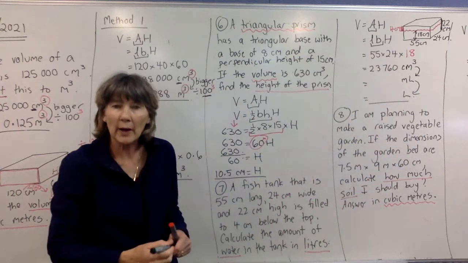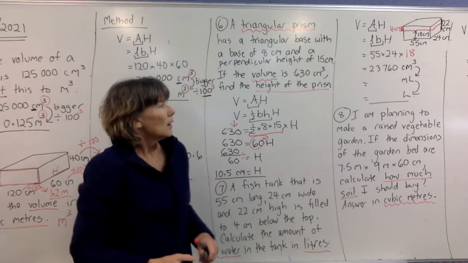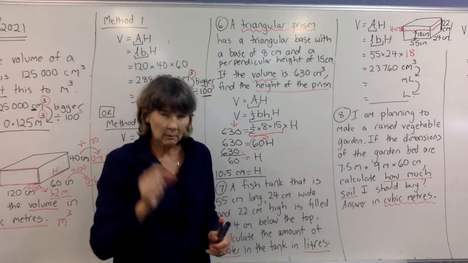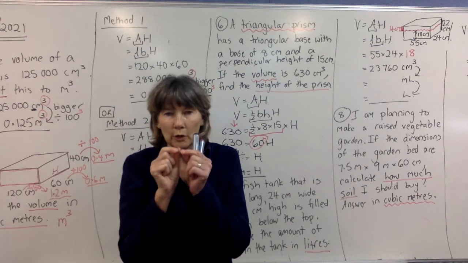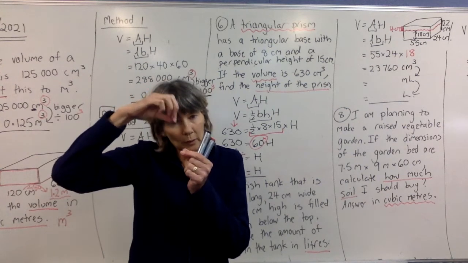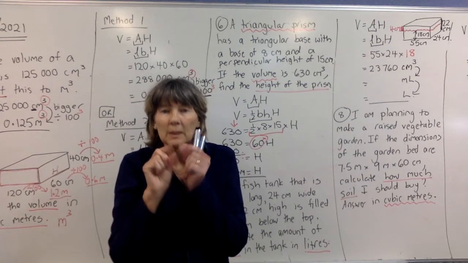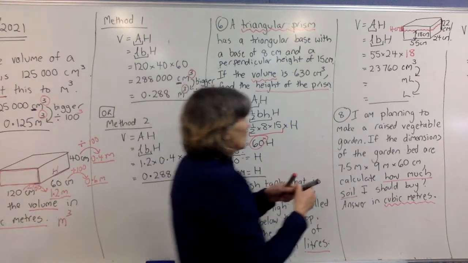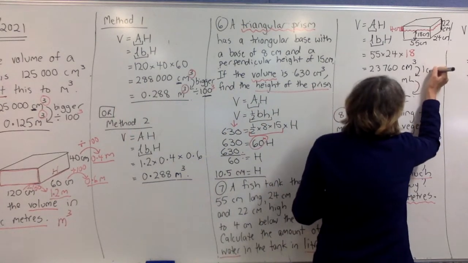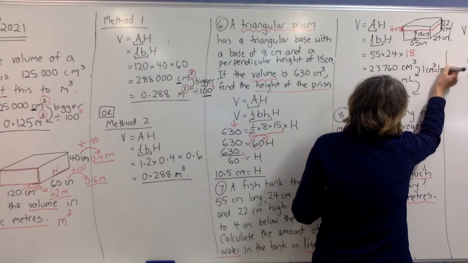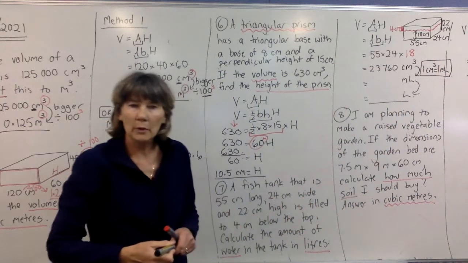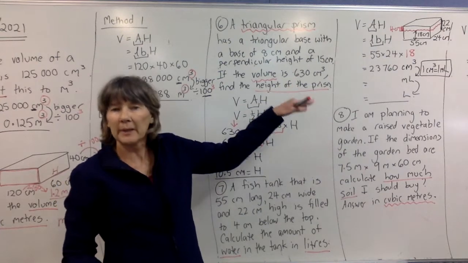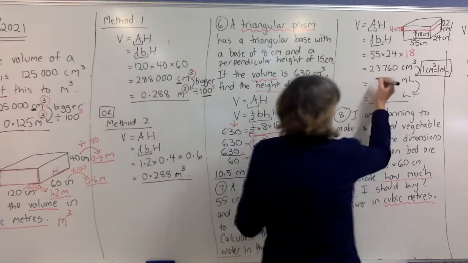So you need to know how to do these conversions. 1 centimetre cubed is 1 centimetre by 1 centimetre by 1 centimetre, a tiny little cube. The amount of liquid that goes in to fill that cube is 1 millilitre. So you need to know that 1 centimetre cubed equals 1 millilitre. Make sure you know that. So it's the same number of centimetres cubed for millilitres. So it's going to be